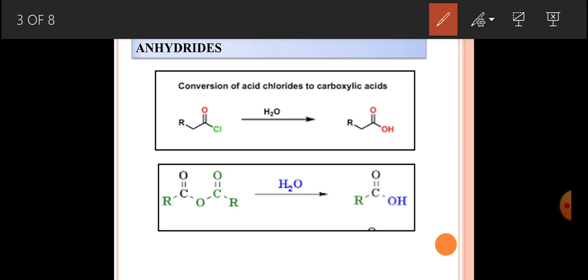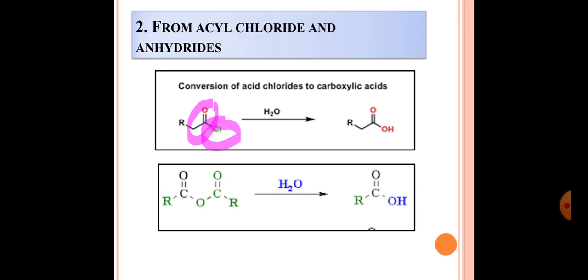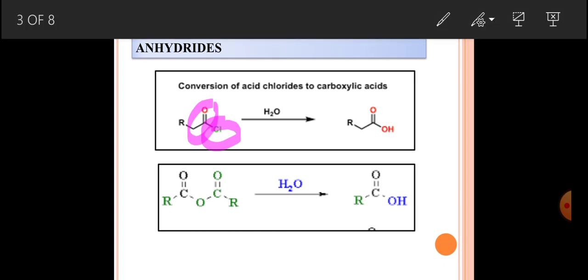You can see the carbonyl group is given. This is the carbonyl group, RCH2 C double bond O, and when this chlorine is present here, that is nothing but the acyl chloride group. C double bond O Cl is the acyl chloride group, and RCH2 C double bond O Cl is the acyl chloride. So you can observe here, this is the acyl chloride given.